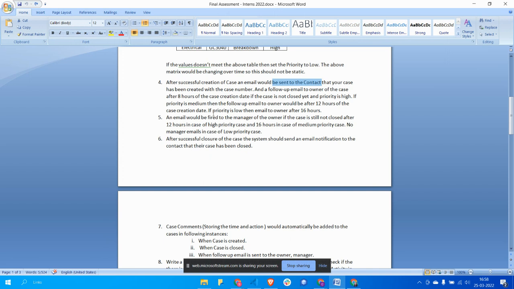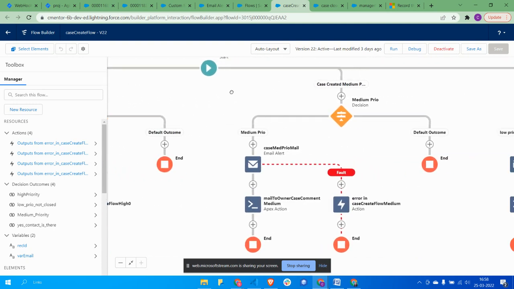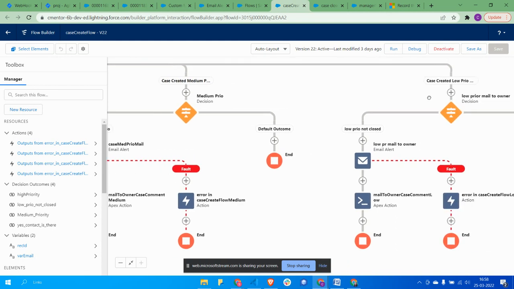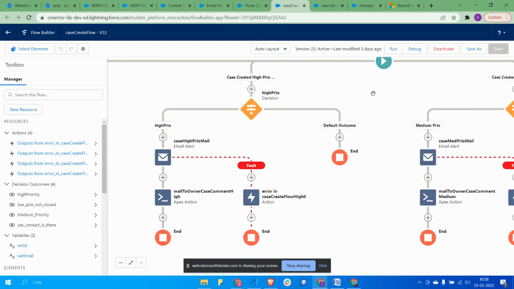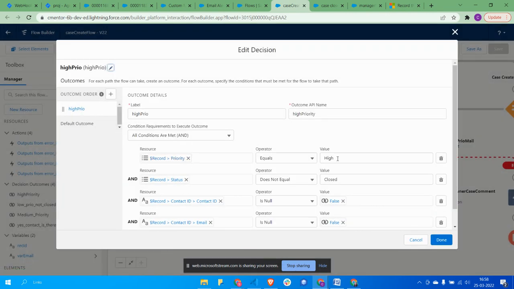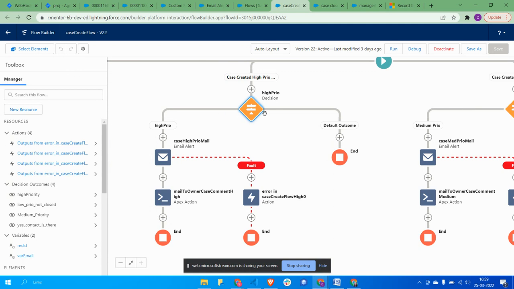Now the other part of the question was to send a follow-up mail to the owner of the case. So we have three branches for high priority, medium, and low priority. The high priority branch will run after 8 hours of creation, medium after 12, and the low priority after 16 hours. Here, similarly, I will have to check whether the priority equals high and the status is still not closed for that case. Now I'll go ahead and check if there is a contact and if that contact has a mail. If these four conditions are met after 8 hours,